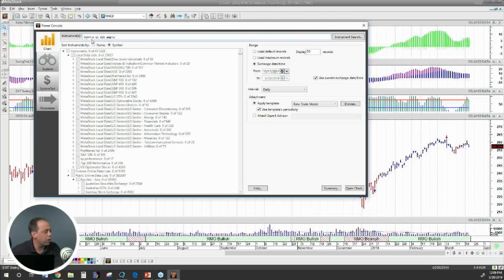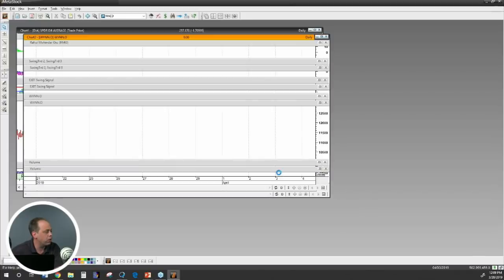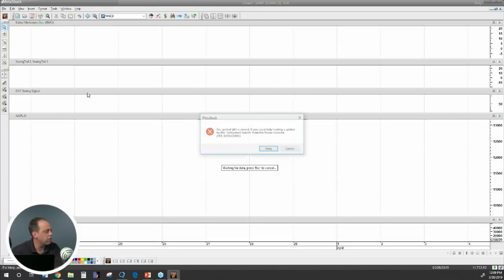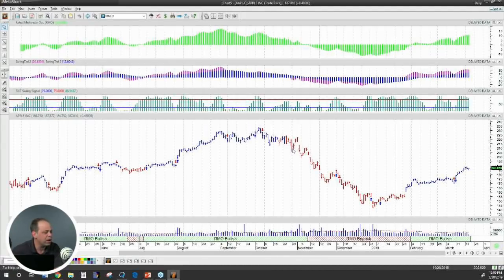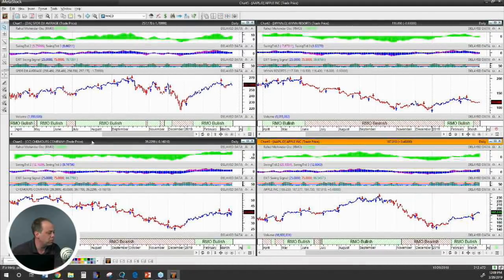And we'll just go ahead and open up the charts. I've got the four symbols that we're going to open up. We'll just click on open chart. It'll go grab the data for us. It looks like I did mess up on the symbol for Starbucks. That was my fault. I'm going to cancel that request just to keep things moving. So let's look at these charts in a bit of a tiled view.